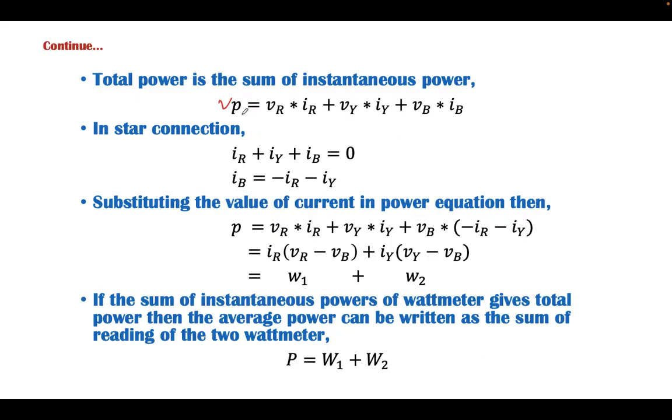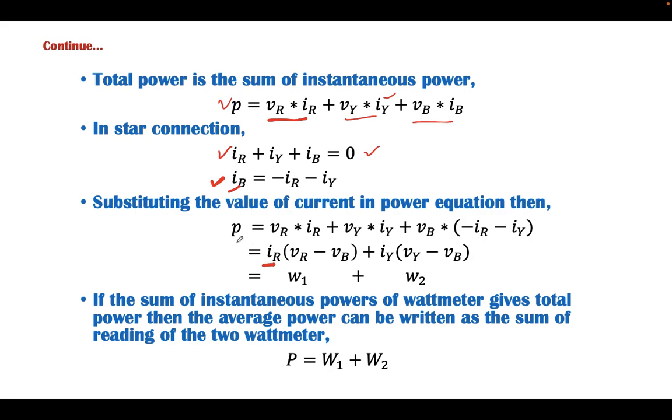Now, by the definition, we know P is the algebraic sum of all the instantaneous powers in a circuit. And if we are considering VR, IR, VY, IY, VB, and IB, then in star connection, by the definition we know IR plus IY plus IB is equal to 0. The sum of current at a junction is equal to 0, and IB is equal to minus IR minus IY, and hence putting this value of IB in this equation and rearranging, we can easily find out